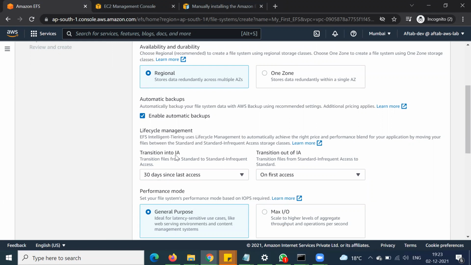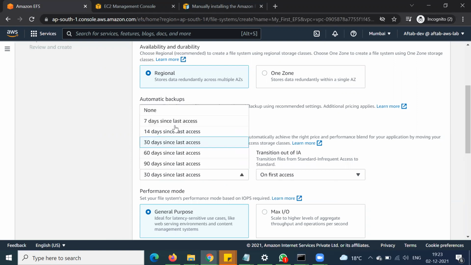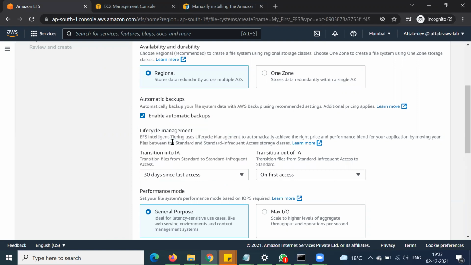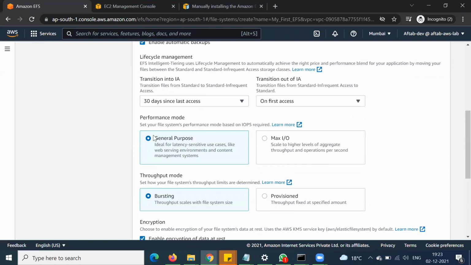Suppose we have some data in our EFS storage and we are not using it, then that data will go into infrequent access storage, and the charges for infrequent access data will be less compared to storing the data in the EFS file system. Here you can see different time options. Let's keep it at 30 days.